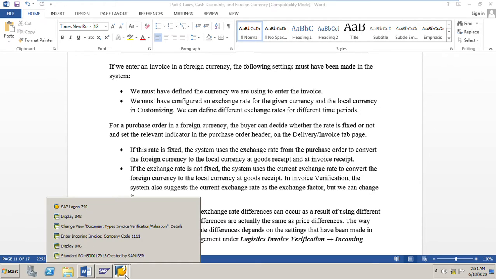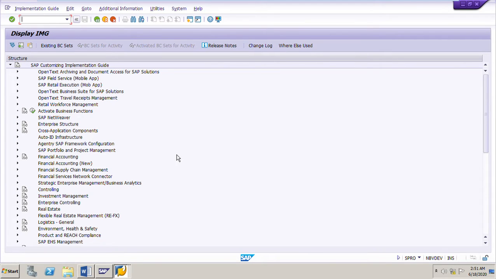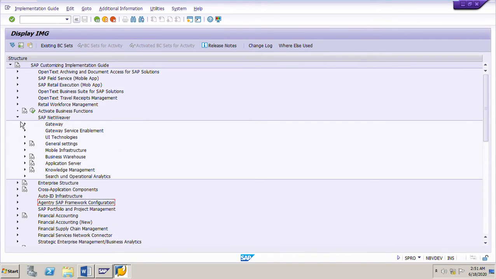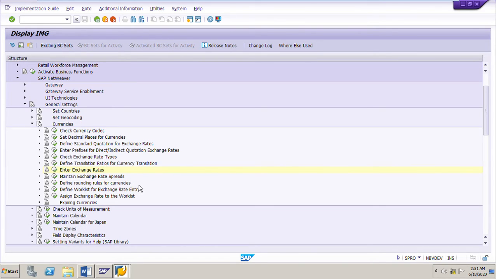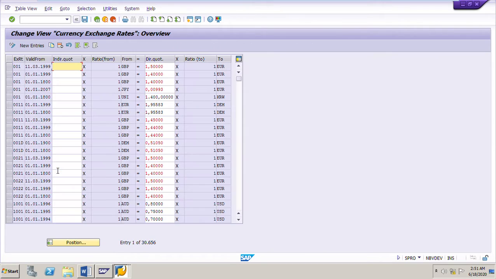For example, I will show that here. If we go to the IMG, SAP NetWeaver, General Settings, Currencies, Enter Exchange Rates. Here, for example, you can see from GBP to euro, Great Britain pound to euro, euro to Dutch mark, then AUD to US dollar.